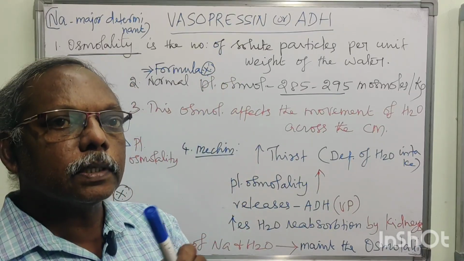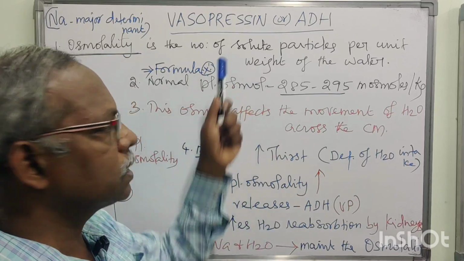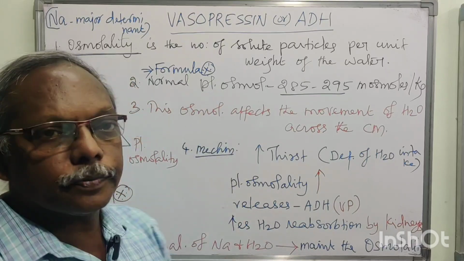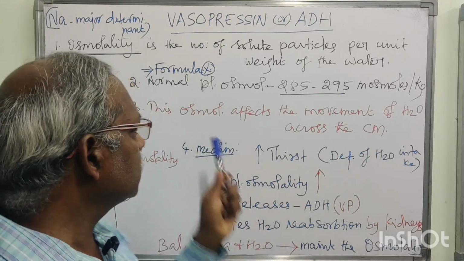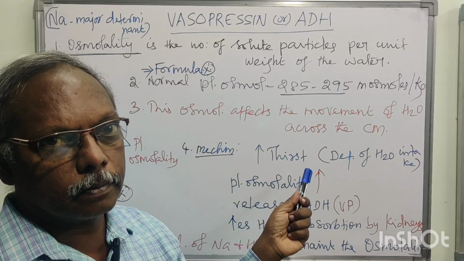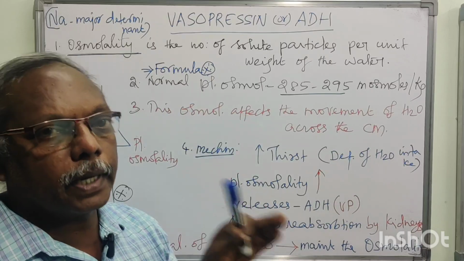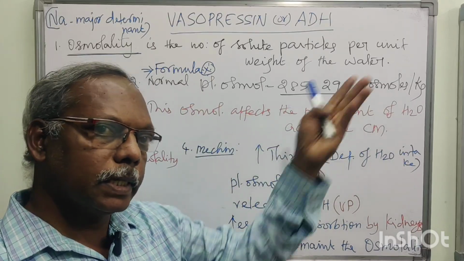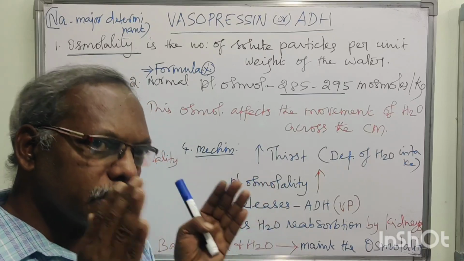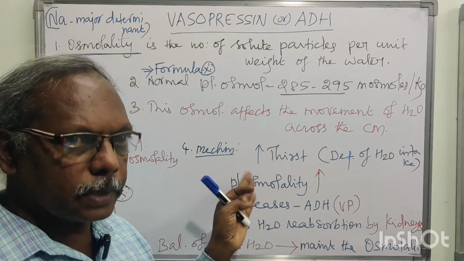Your question is the role of vasopressin or antidiuretic hormone. First point is you have to define what is osmolality. Second point is the formula with normal level. Third point is how it affects the osmolality, right? So next one is one small mechanism. We have two conditions. Already we discussed in the hypothalamic mechanism also. Here they are asking specifically vasopressin. That is why I am giving a separate discussion, a separate answer.